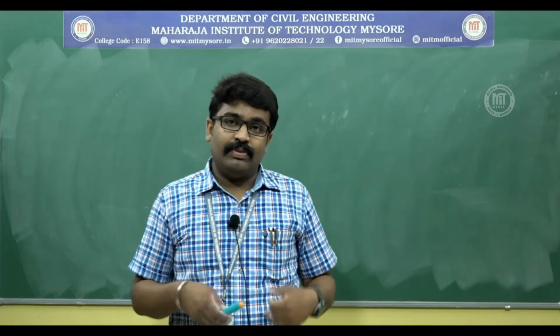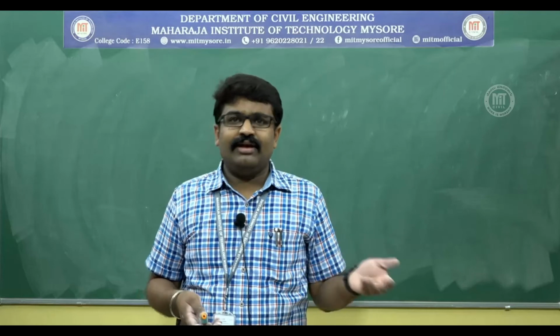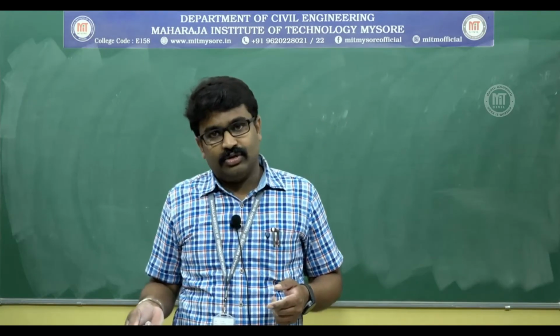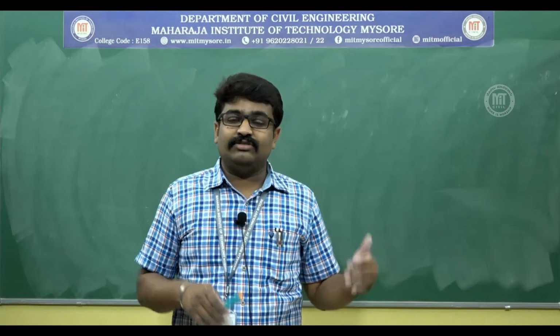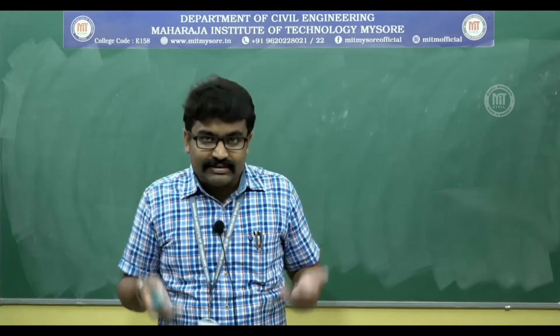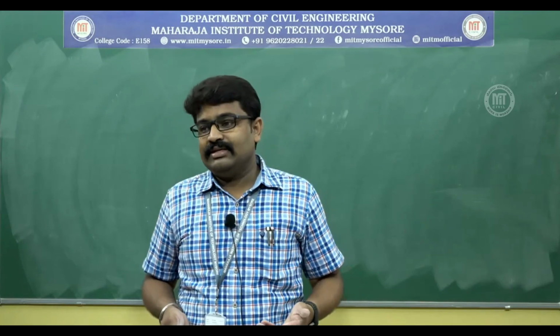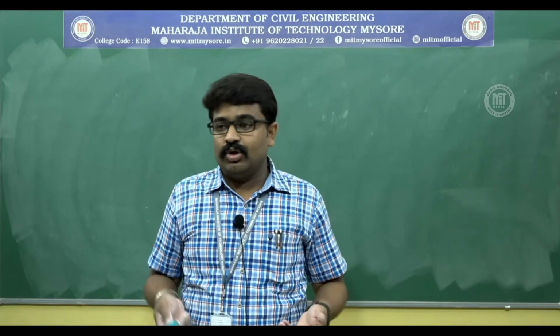Straight away he has given you P1 A1. A1 can be calculated because diameter is given. So, P1 A1 is known, P2 A2 is also known. If you can find out what is V1 and V2, yes, that can be found out because 250 liter per second of water is flowing, area is known. So, V1 and V2 is also known.